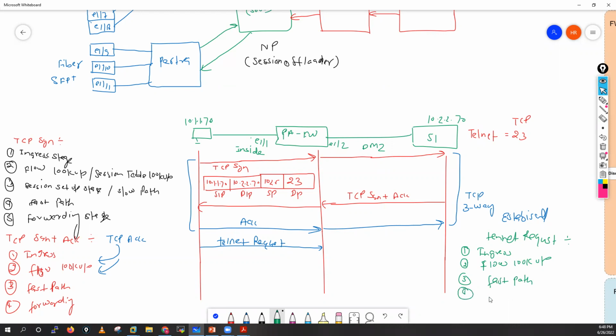Then now guys, here you will see this packet goes through the app engine, App-ID, and this packet also goes through the content engine if we have Content-ID enabled there. And after that, your packet goes through the forwarding stage. So this is how your telnet request packet will be processed. Okay, now